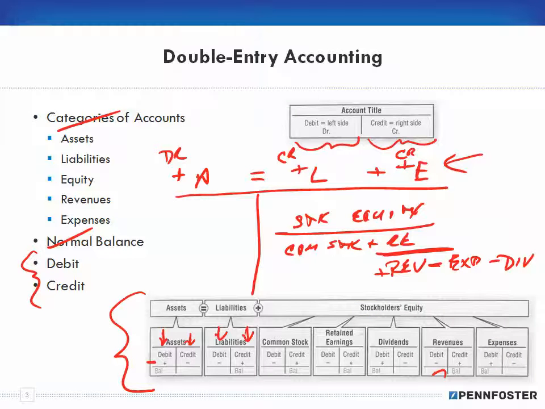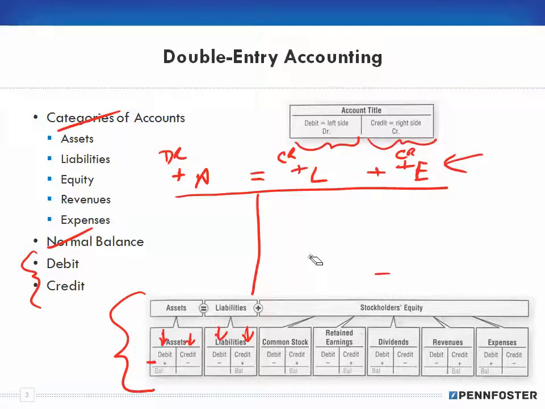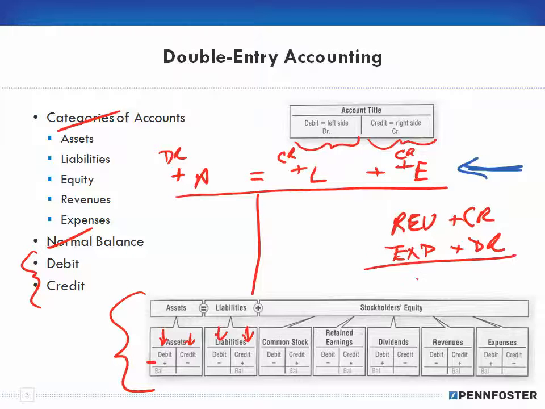So, if you think in terms of what I presented here and understanding the concepts, keep in mind that for revenues, the normal balance is a credit, and for your expenses, the normal balance is a debit. And remember, this is on the income statement, whereas the accounting equation is on the balance sheet. If we take the revenues less the expenses, that gives us a profit or loss. Well, now that you know that revenues increase on the credit side, the normal balance of a revenue is a credit, and the normal balance of an expense is a debit, as long as you understand these ideas, these concepts,